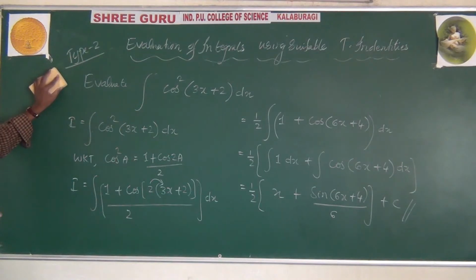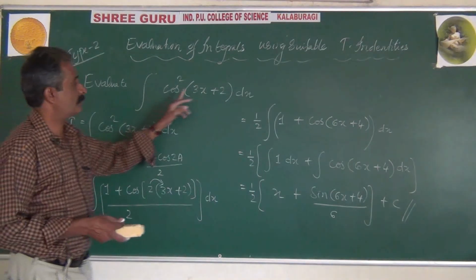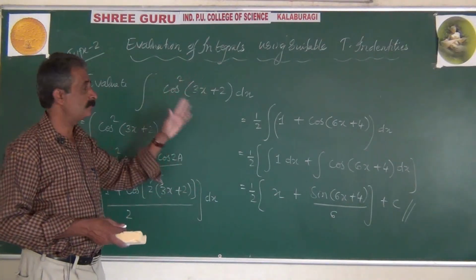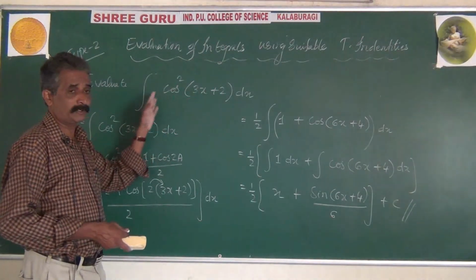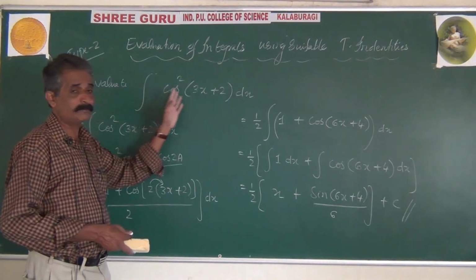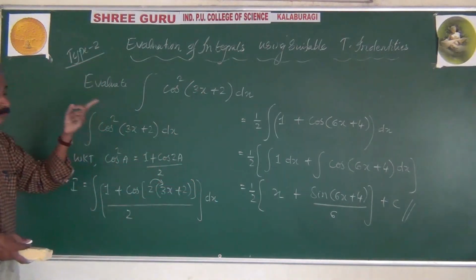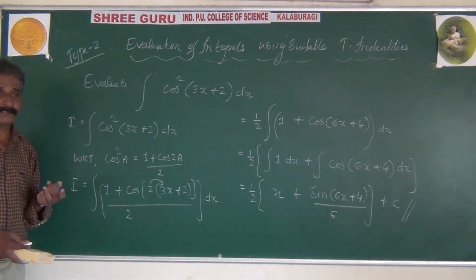It's not a unique problem. Like this I can solve daily the same kind of problem. Next, cos square of 4x plus 5, cos square of 5x plus 6, cos square of 7x plus 2, cos square of 9x plus 1, cos square of minus 2x plus 3, cos square of 100x plus 2, cos square of x by 2 plus 5. Like this, I can waste time on only that one problem. No use.